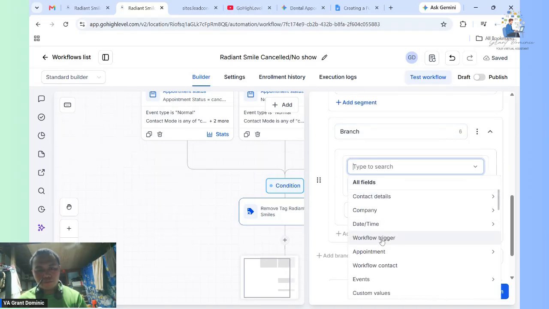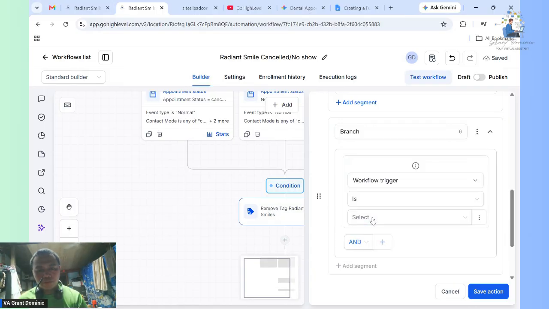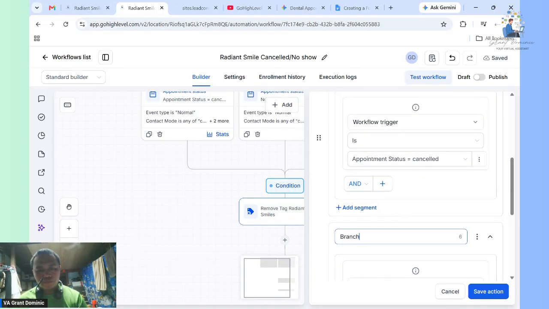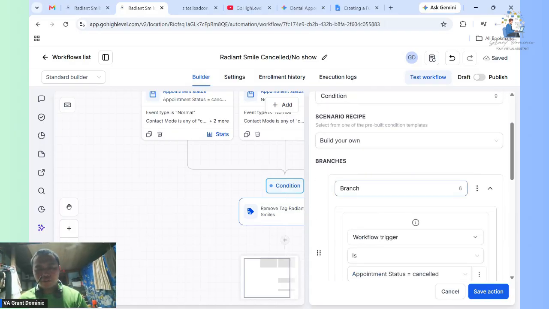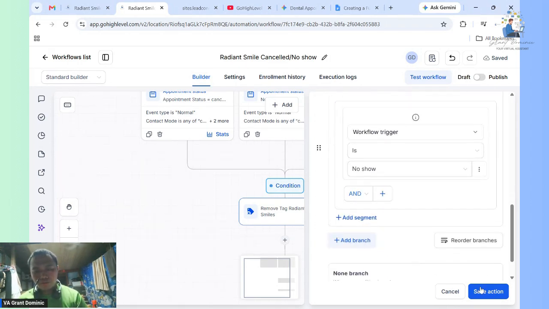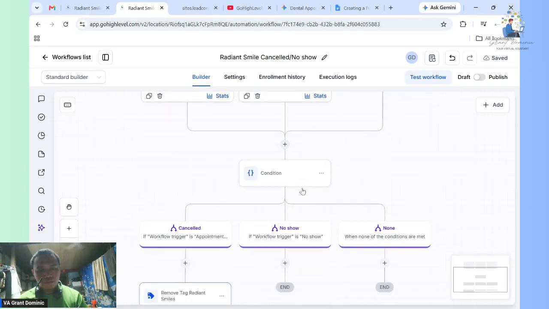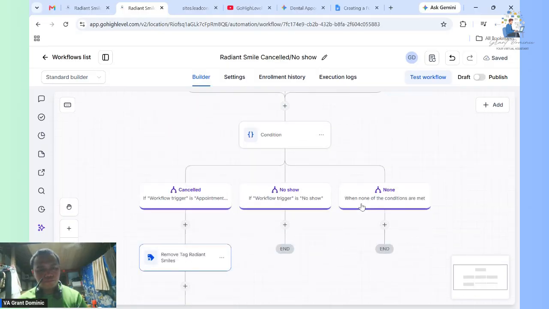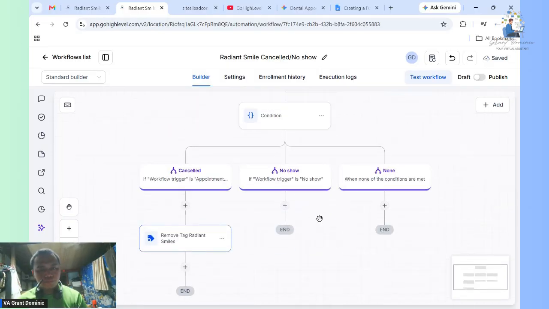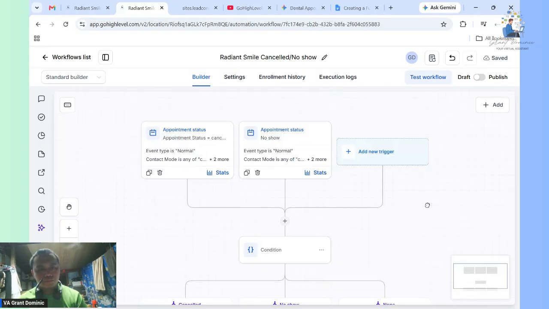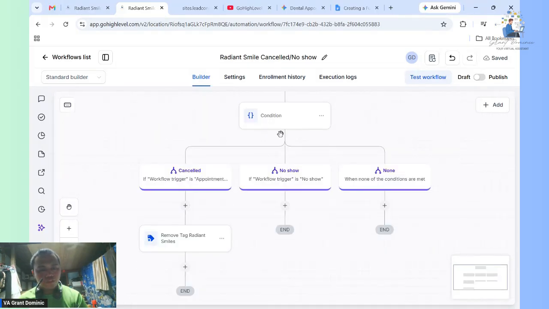If the workflow trigger is no show, and next cancel. Will save action. So this is the condition.